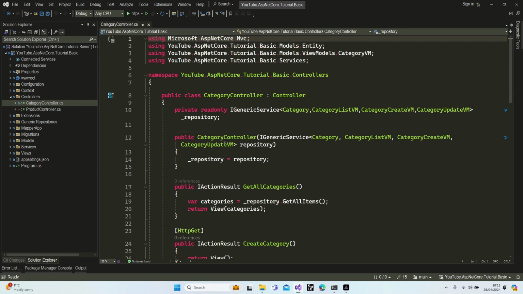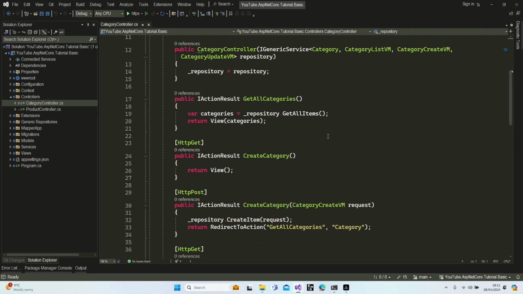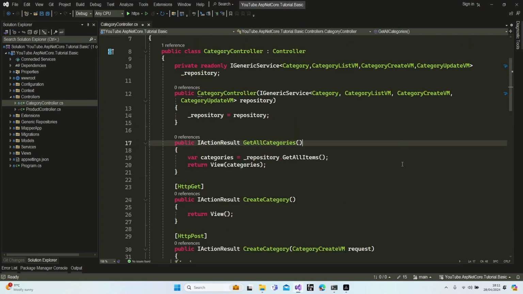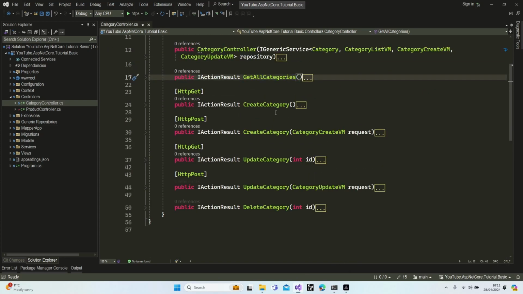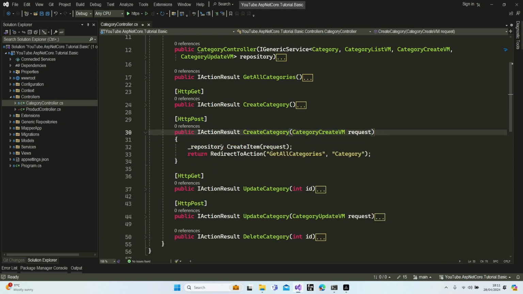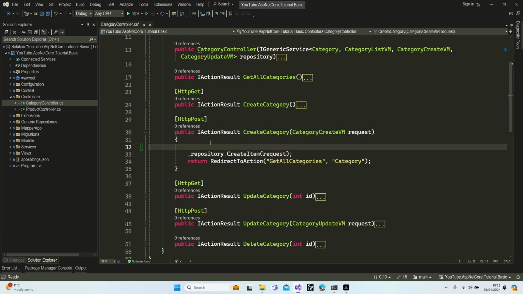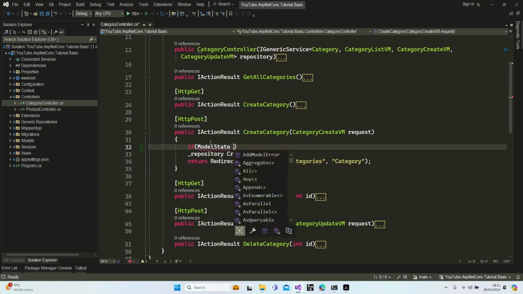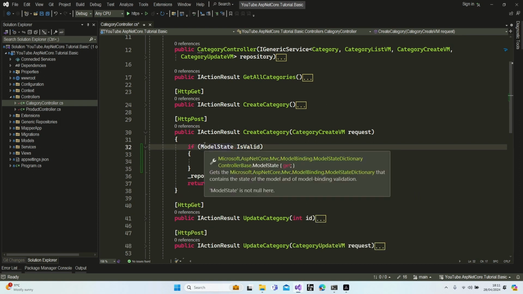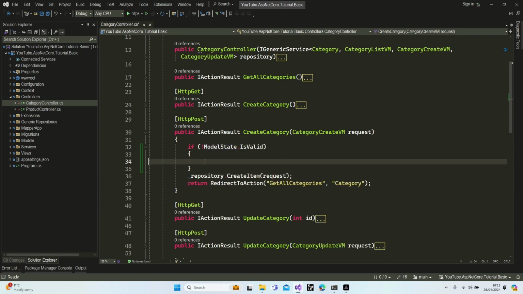All right, let's continue with controllers. Let's start with the category controller. First of all, let's collapse definition first. Perfect. We need to check our model state. First of all, create category, then update category. Let's start with the create one. Okay. If model state is valid, I mean, if it's not valid, we're going to